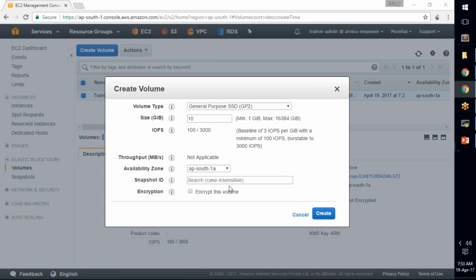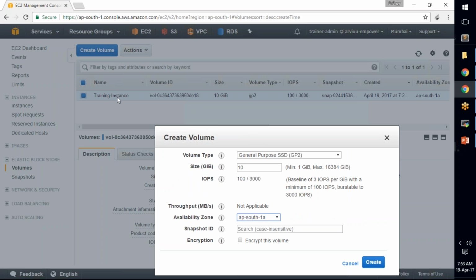So, as I said, it is availability zone specific. So I need to be careful of what I'm choosing here, because I need to check what my instance is running. If you remember, I have an instance running, and are you able to see this? It says availability zone AP South 1A. So if I want to attach a new volume to that existing instance, then I need to create a volume in that availability zone. So since the instance is in 1A, I'm going to start my volume also in 1A,